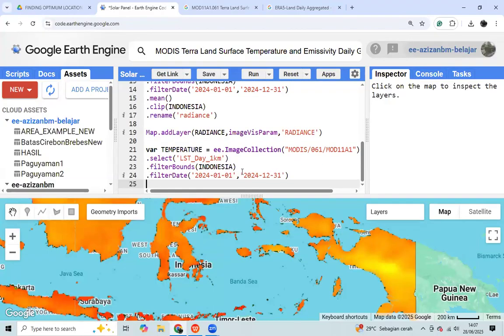And then after we get the temperature data, we change the value of the data.